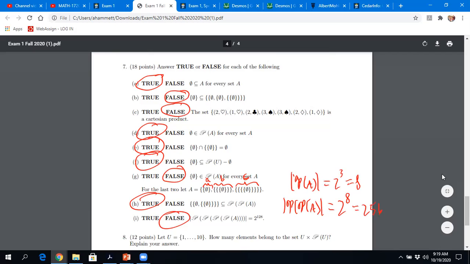Oh my goodness, yeah? So if I go one deeper, like the power set of the power set of the power set of A, oh my goodness, that's already 2 to the 256. Do you know what I'm saying? Which is way bigger than that. And that one is even going deeper into the power set, right? And the more power sets I take, the bigger this thing is going to get. So that's why that last one is definitely false. Okay. The second to last one gave people a little bit of trouble.